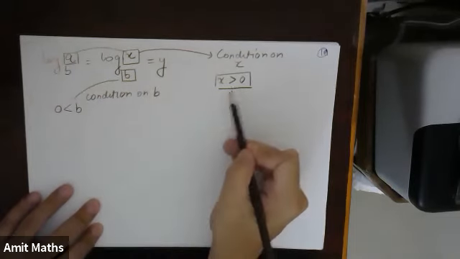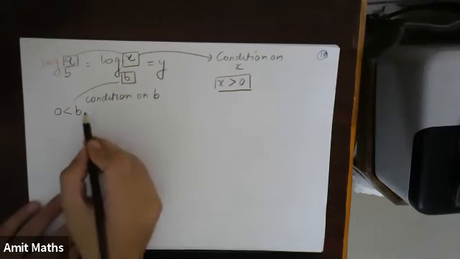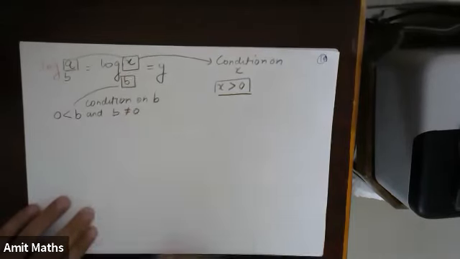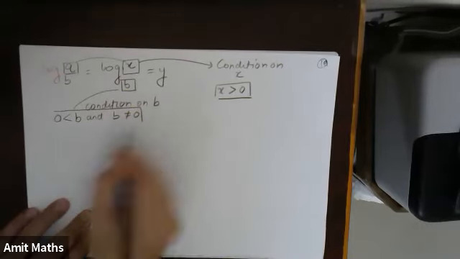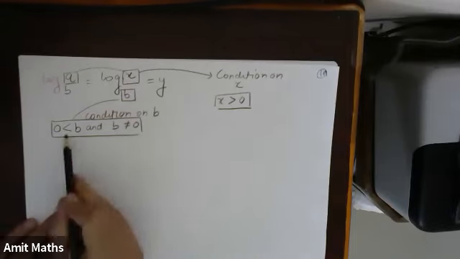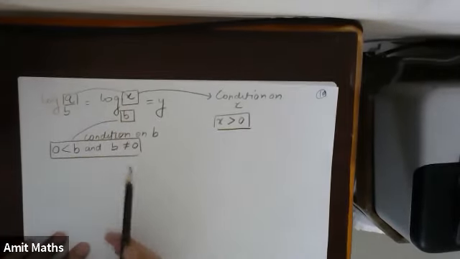This was the condition on x. The condition on b will be that b has to be greater than 0 and b should not be equal to 1. No matter what log x is, the base has to be greater than 0 and the base cannot be equal to,